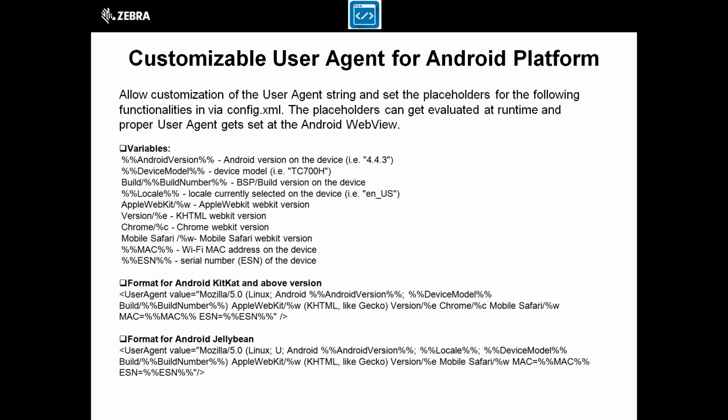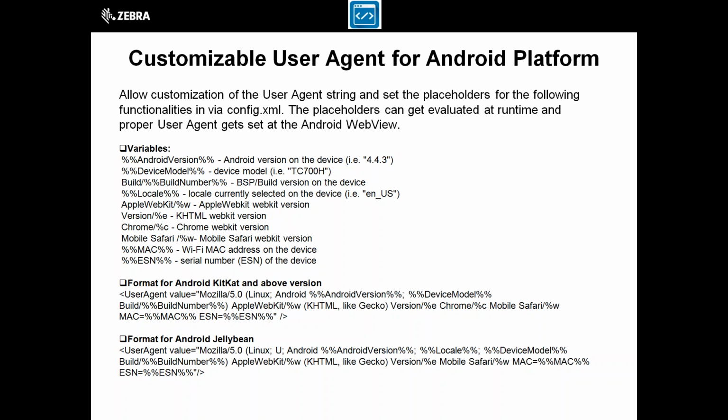Please note here that whatever user agent tag we specify, based on the correct format, is retrieved during runtime. For example, if the user wants to get the value of navigator.useragent, and the user agent value set in the config tag consists of, say, MAC and ESN, it will also be specified under navigator.useragent, meaning the data written by navigator.useragent will also specify the details related to MAC and ESN.